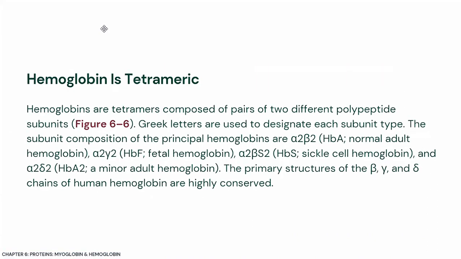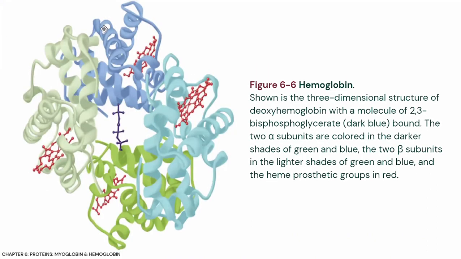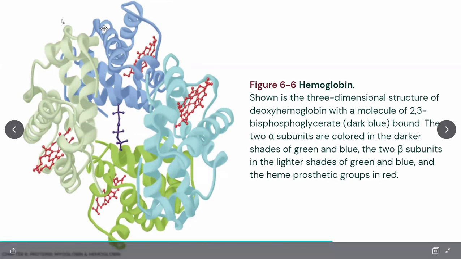Okay, hemoglobin is tetrameric. We know that already. This is hemoglobin. You have 4. This is 1 subunit. This is another subunit here. Another subunit. Another subunit. Different colors. But you have this heme here. And that is heme. That is heme here. And we have here 2,3-BPG or 2,3-biphosphoglyceric acid,